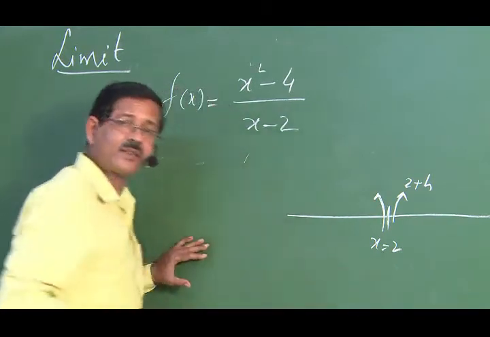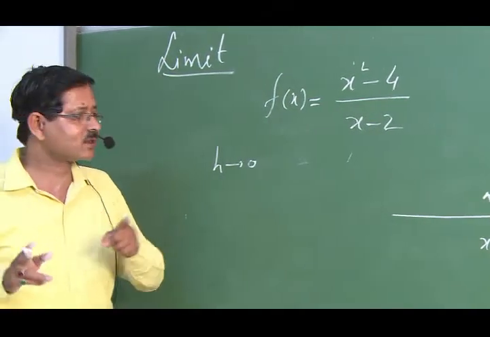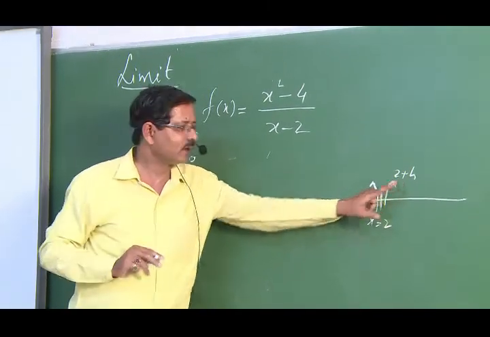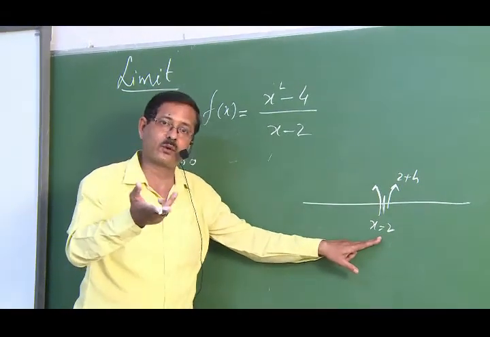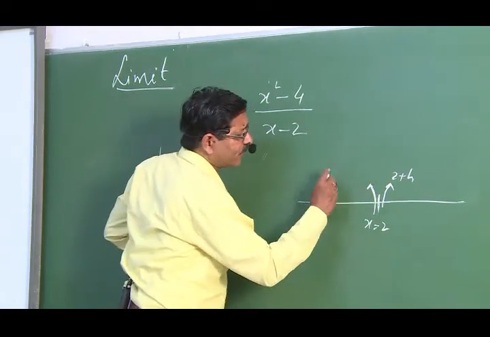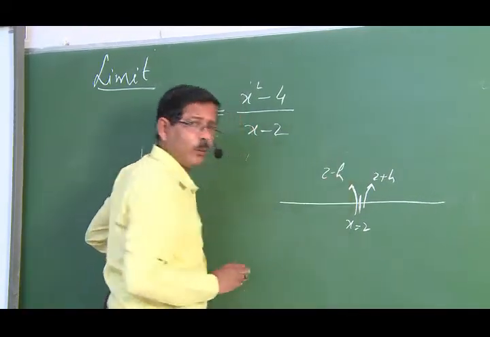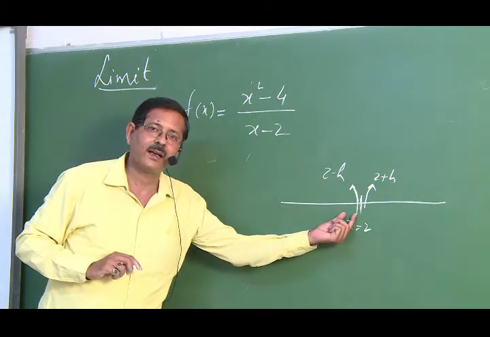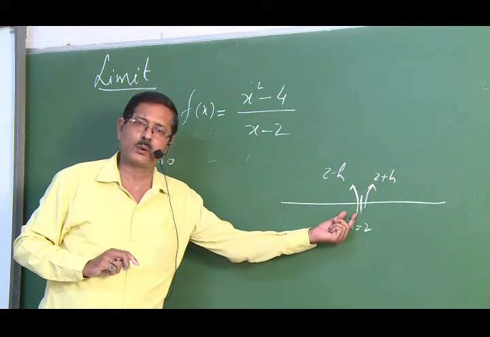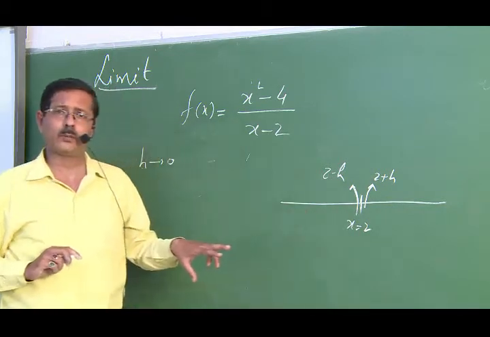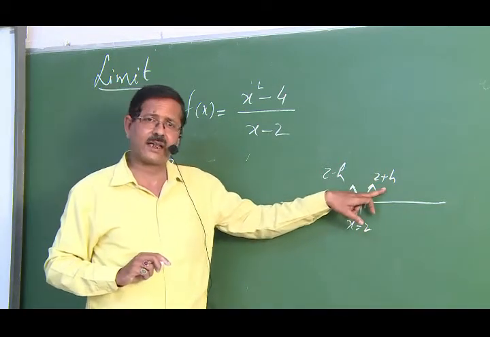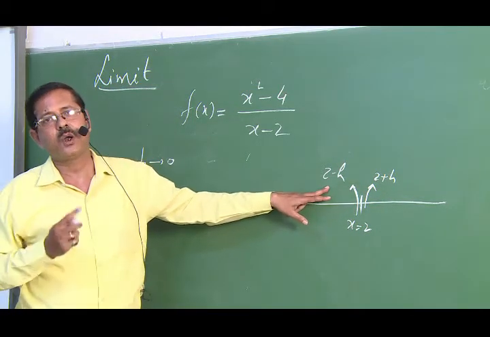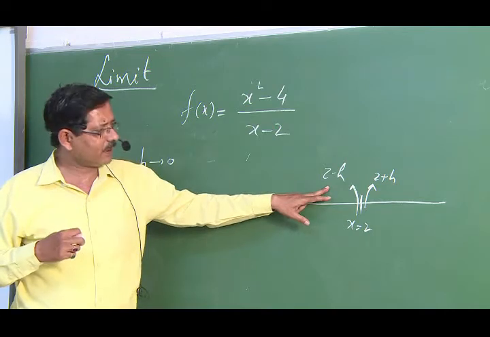A number which is just greater than 2 is 2 plus h, where h tends to 0. This is a number on the right of 2. Similarly, you have a number 2 minus h, where h tends to 0, which exists on the left of x equal to 2. So there are two neighborhood points. Number 1 is 2 plus h, which is on the right of 2, and 2 minus h, which exists on the left of 2. Similarly, we get